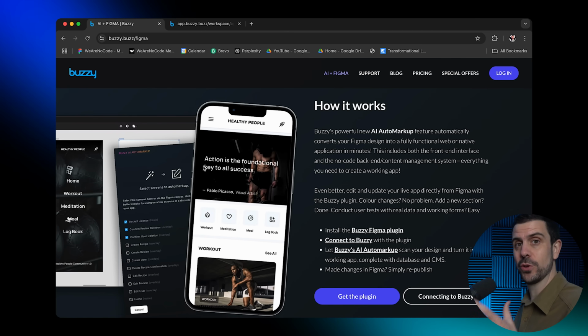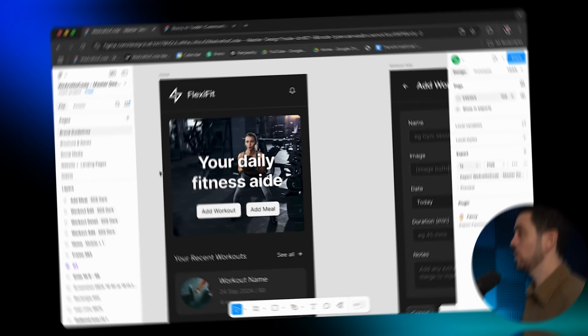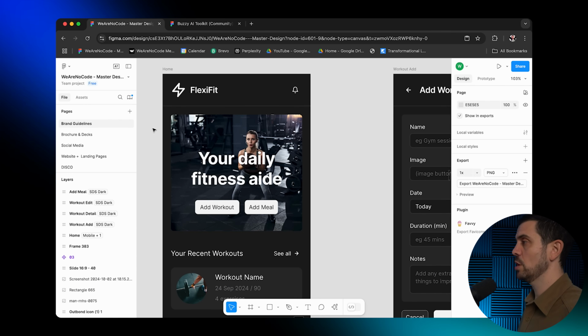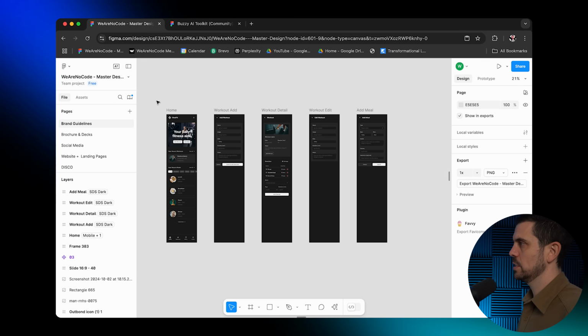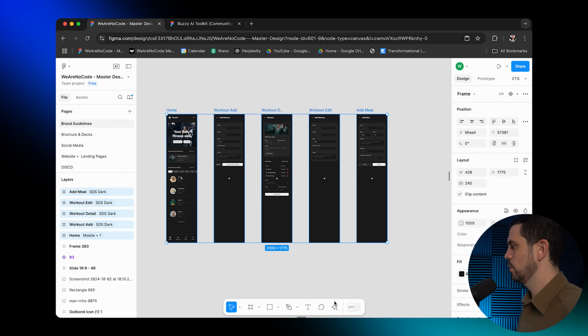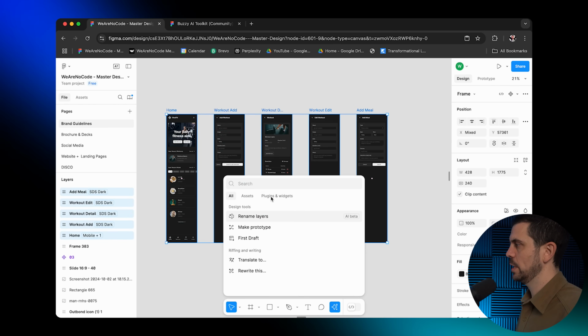And so they have a section here that shows you how it works. But let's say you've designed the screens inside of your Figma, which is what a lot of designers do anyway when they design apps. So here I'm in my Figma file, and I have a project already created called FlexiFit. It is a fitness app. Just select all of your screens, and then I go right here, and then I go to plugin and widget,